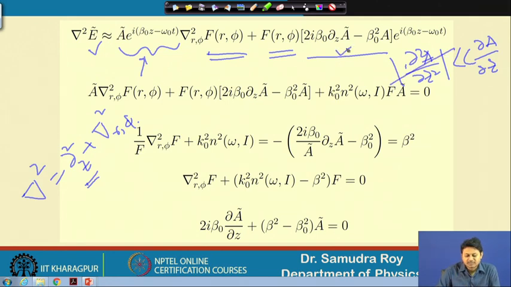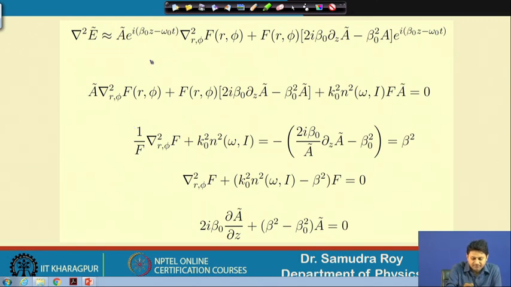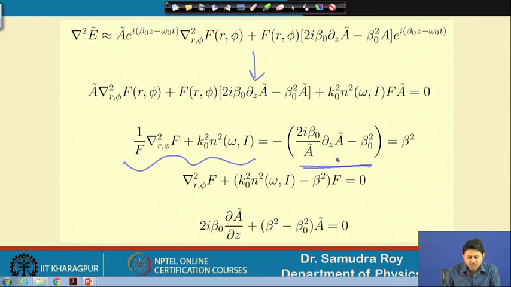So, this is again something we have done before. This is not a very new thing. The only thing is that here we are dealing with two different parts of the equation, one related to f and another related to a tilde. So, now if I write this equation completely, I will end up with this, and if I make a separation of variables, then I can put this on one side and the envelope term on the other side. This is a function of r and phi, this is a function of z only. So, when these two are equal, I can write this as a constant.